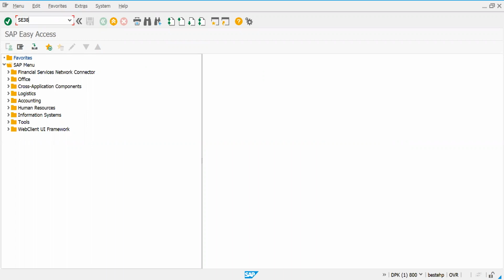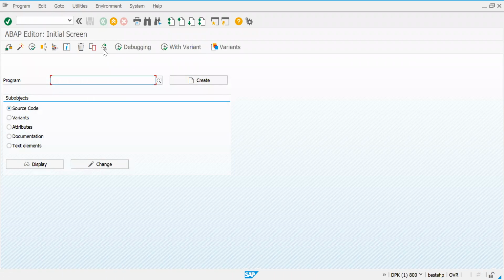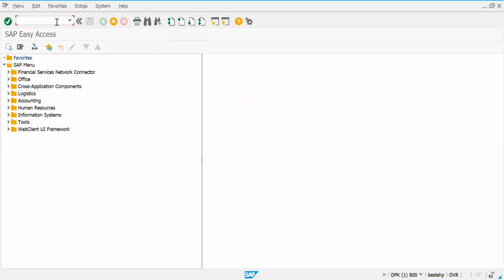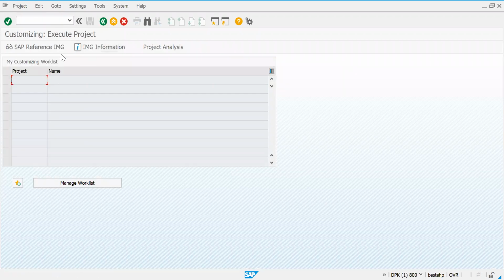SE38. Okay. So this is the ABAP editor. Technical people will work here and functional people will work in SPRO. SPRO stands for SAP Project Reference Object.